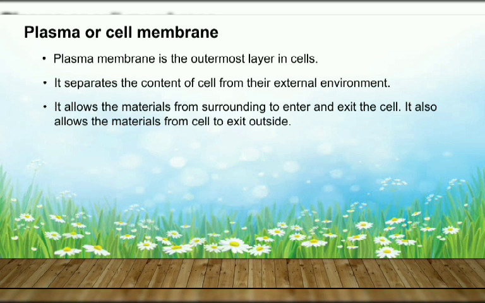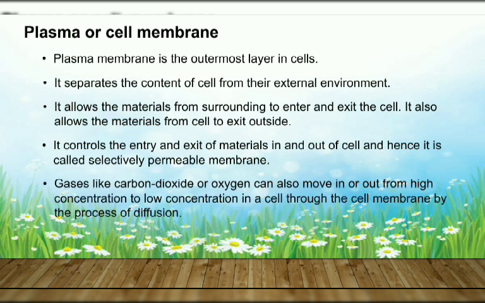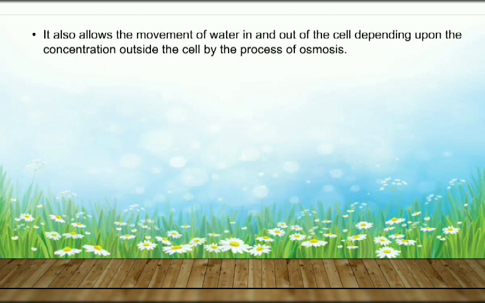Next, it behaves like a semi-permeable membrane. So only those substances will enter inside the cell which the cell allows. Semi-permeable membrane or selective permeable membrane. Gases like carbon dioxide and oxygen are easily transferred from cell to the outside by the process of diffusion. Diffusion is the process in which any substance is transferred from higher concentration to lower concentration, but not in the case of water. Water also moves from higher concentration to lower concentration, but through a semi-permeable membrane,